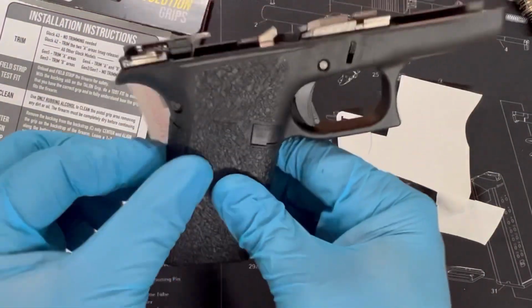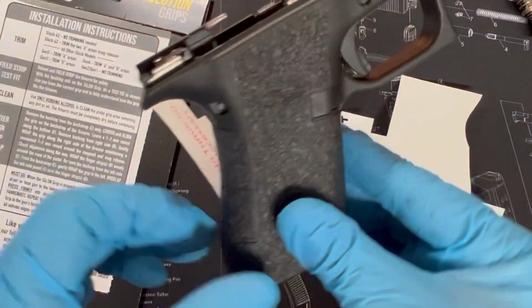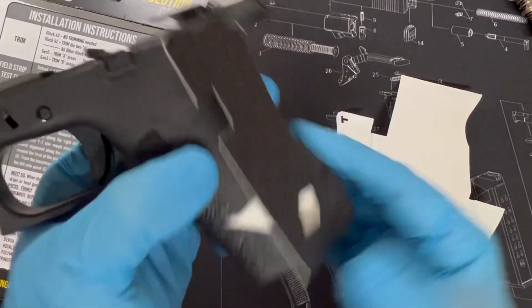So, again, we may edit some of this out. This is pretty simple. Probably extremely boring, but